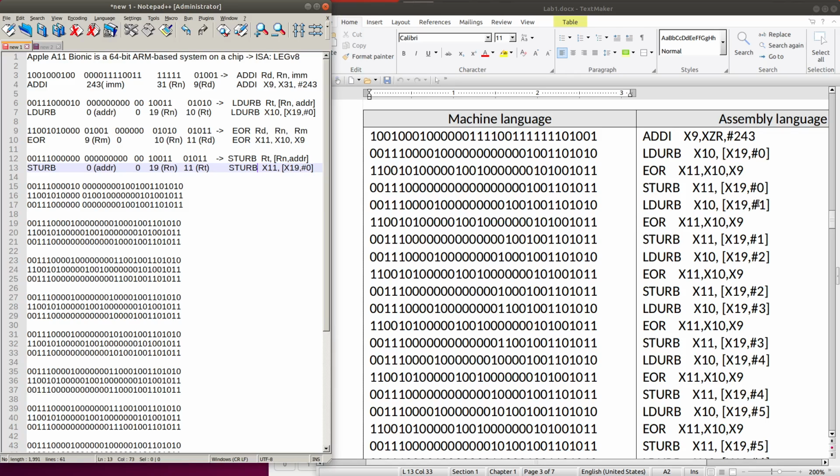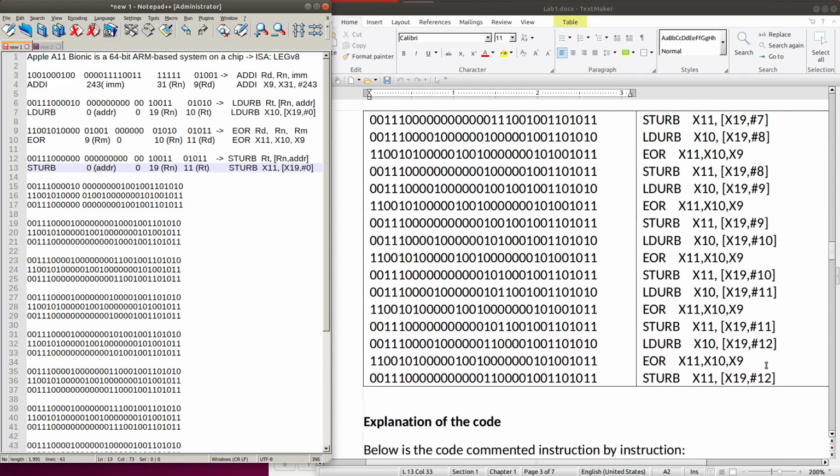But we use different memory locations for loading data and storing back, from offset address 0, 1, 2, 3, and so on until the offset address of 12.